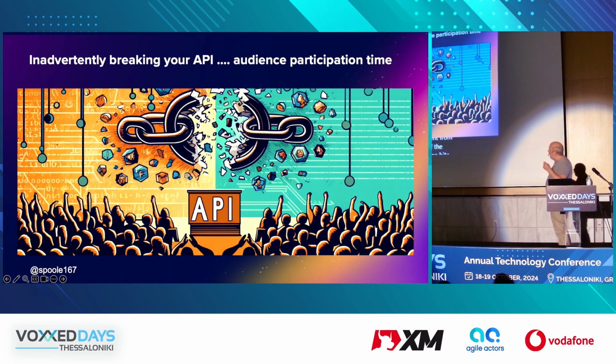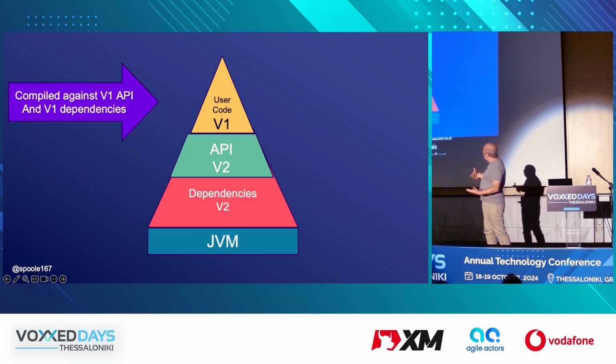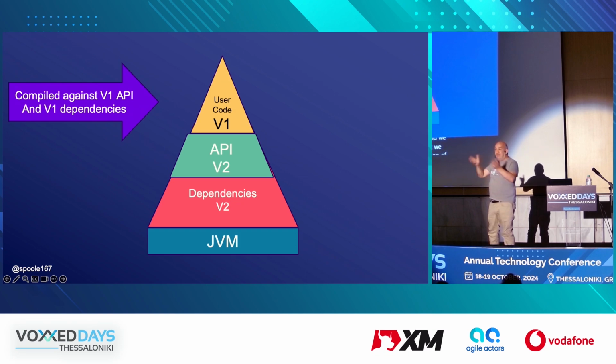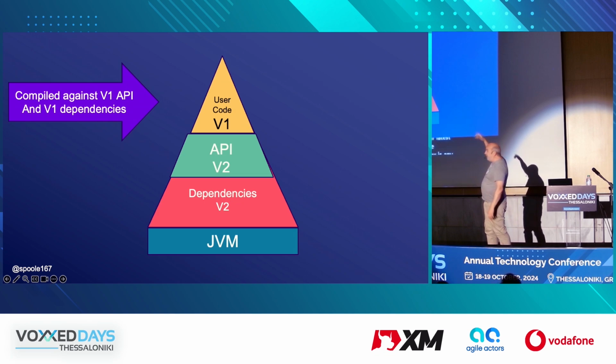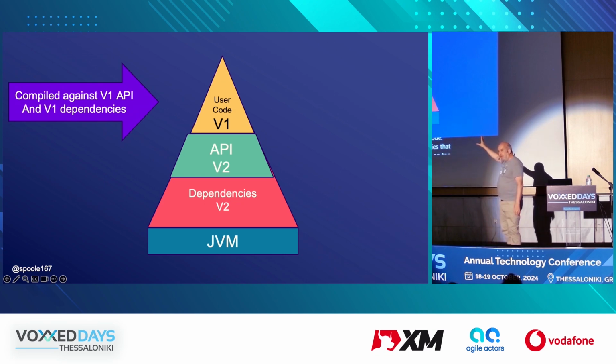So I want to have a little conversation with my audience here about this. Let's look at audience participation time. So this scene. Here we are. We have a JVM, and we have all the dependencies that we might need for our latest version of code, and we have our API, our latest version of code. So the one in the middle is our code. The red box is any dependencies that code needs. And sitting on top of that, logically, is whatever our users have written. Okay, so that's the scenario. Let's see what happens. I want to ask you some questions.